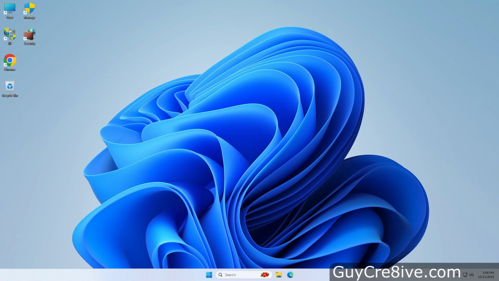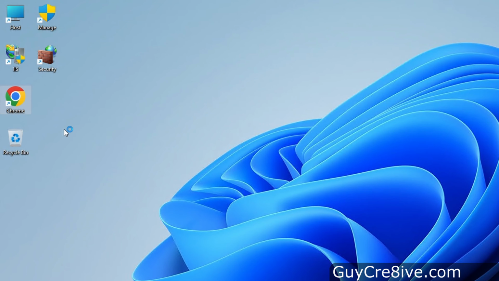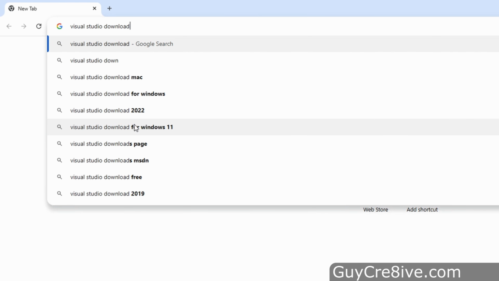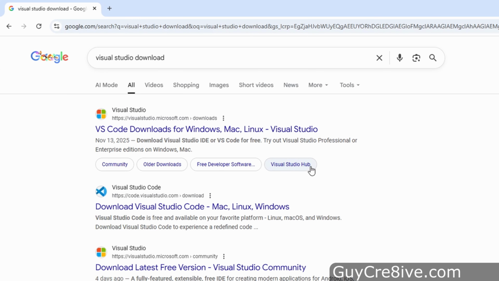In this video I'm going to download and install the free coding software Visual Studio 2026 Community version on Windows 11. So the first thing I will do is open up Chrome and type Visual Studio download in the Omnibox and press enter to perform a search for it. And then after the results are returned, I want to click on the first option from